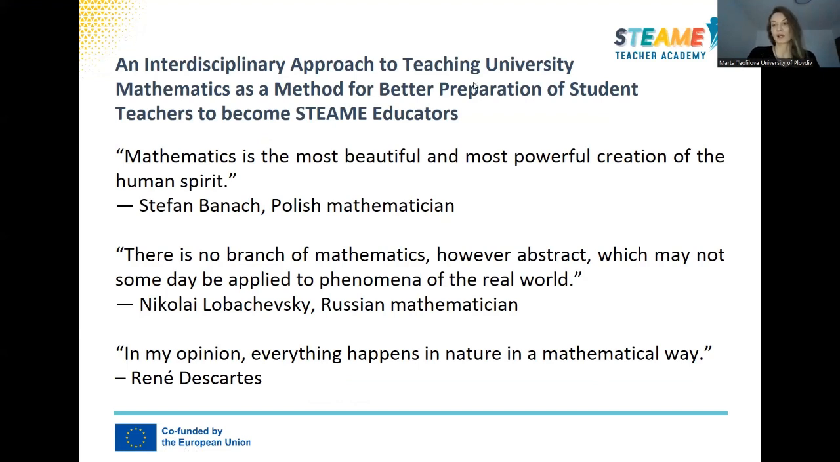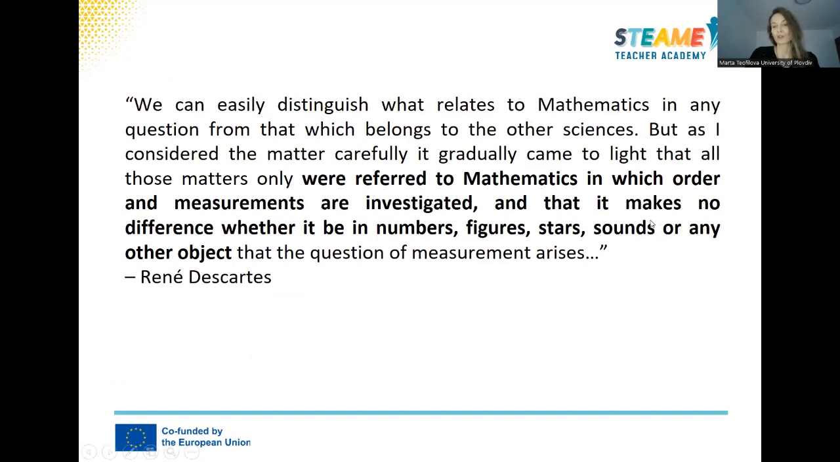As I was inspired by the talk of Professor Makridis, I would like also to begin with some quotes, but I won't read all these quotes. They are by famous mathematicians, and they all underline the importance of mathematics in life and in science. I will read only the last quote by the famous father of analytic geometry, René Descartes. "In my opinion, everything happens in nature in a mathematical way." And this quote goes on, but I will leave this for everyone who can read the presentation on the website